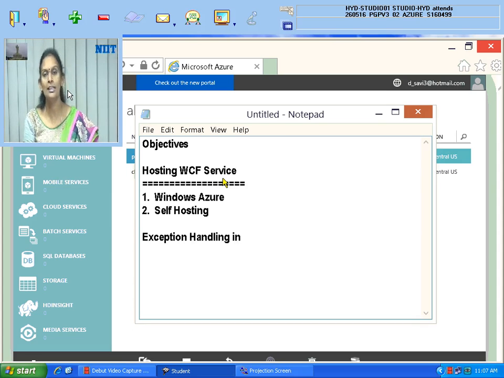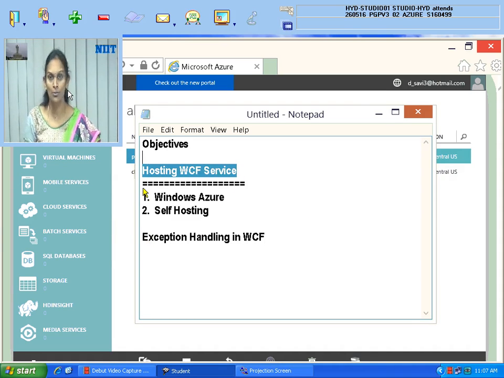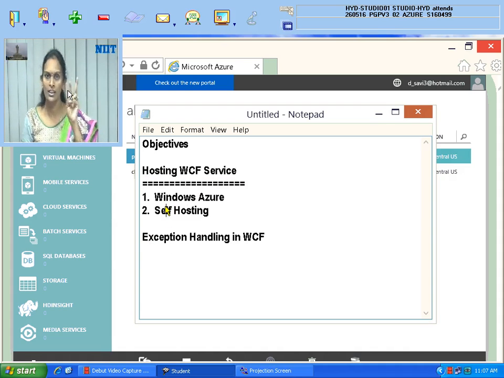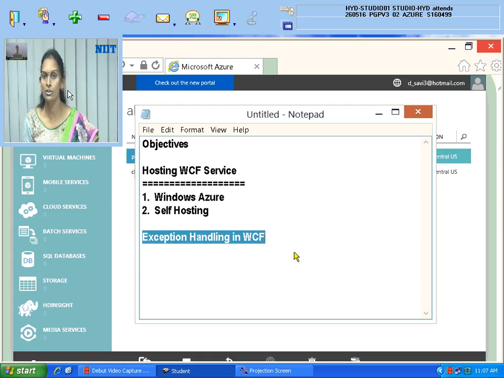That means the WCF service needs to send some error information to the client whenever any problem occurs. So 1 demo for each hosting topic, and finally for exception handling 1 more demo. So on the whole, 3 demos we are seeing.